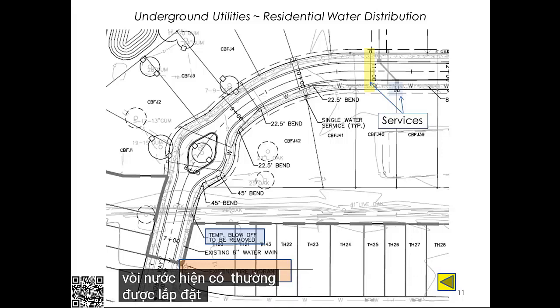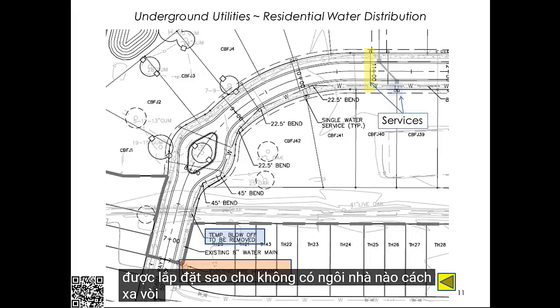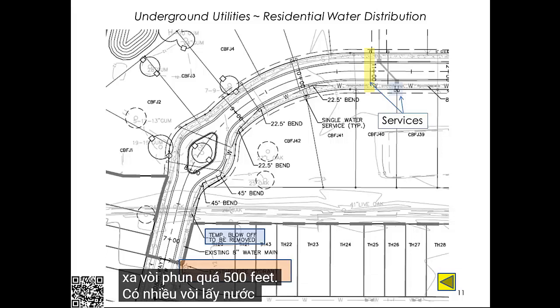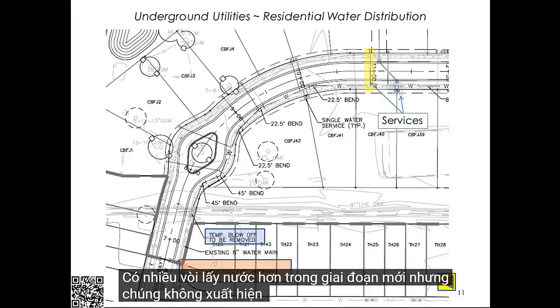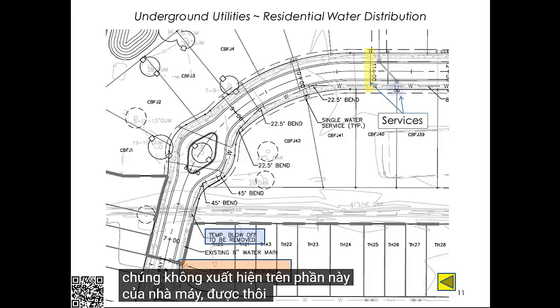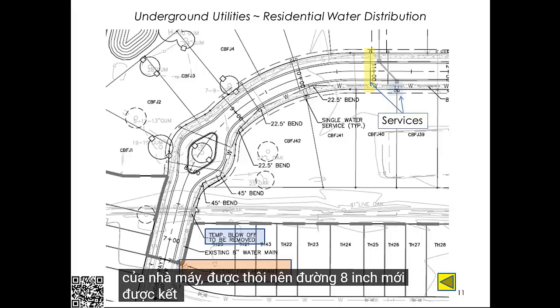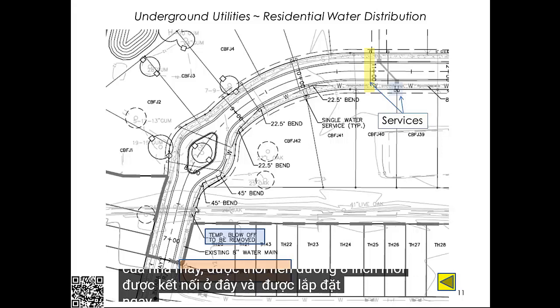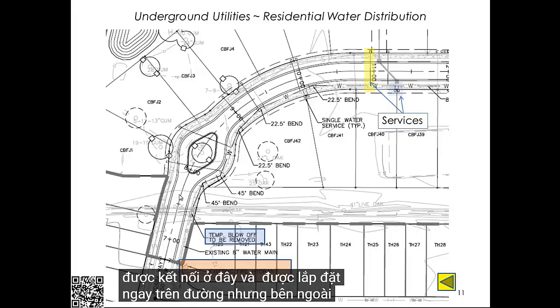Hydrants are usually installed so that no house will be more than 500 feet away from a hydrant. There are more hydrants in the new phase, but they just don't show up on this segment of the plan. Okay, so the new 8-inch line is connected here and installed within the street right-of-way, but outside of the actual